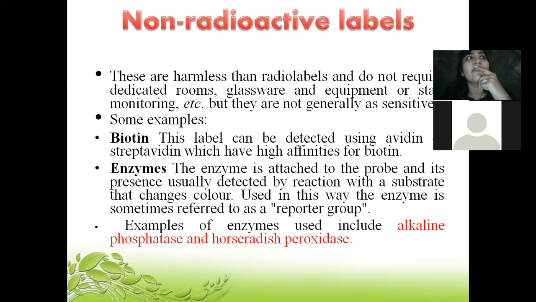I think we have used an ELISA kit. Have you guys done the HEP ELISA in the lab? Yes, right? In the second semester? Yes or no? Yes. So in that also we used the streptavidin biotin complex, right? If you remember, the antibodies were labeled by biotin, and that is when we got that yellow color turning into the purple one if the labeled antibodies are bound or not. If you remember that, it will be easy for you to understand. So that comes under the non-radioactive label part.